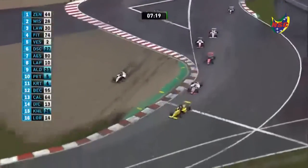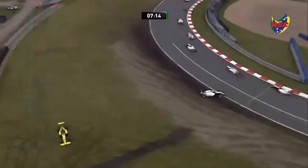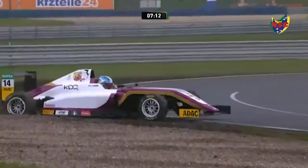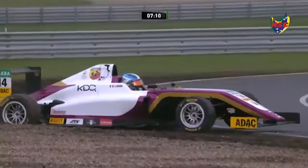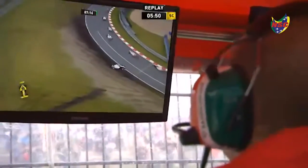And you can see this new sweeping turn number 1. It does catch 1 or 2 drivers out, including the number 14 car of Leonardo Lorandi driving for the KDC racing team. From the starter's gantry, you can see that that car is left in a perilous position, therefore a safety car